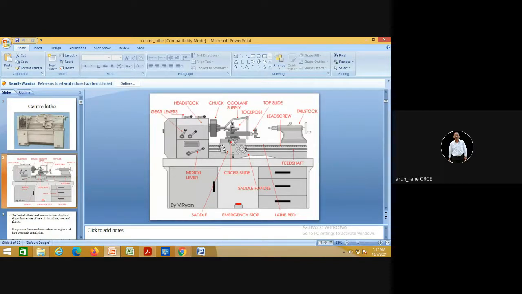Now this carriage can be moved across these guideways longitudinally, and that's why it is called the longitudinal feed,